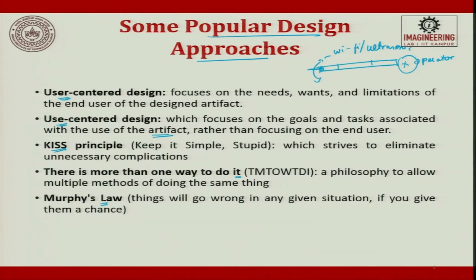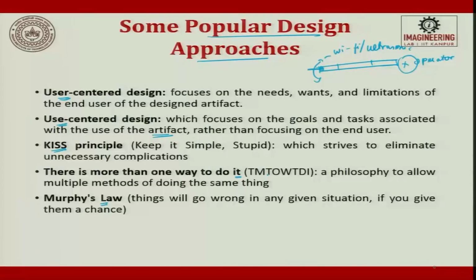The next one is there is more than one way to do it. Suppose you have already reached a solution and you think that this is the ultimate solution. Now, it is also required for you to look a little far away from the product, throw away all your passion and think, is there any other way of solving it? For example, in math, when you try to solve in the examination, there are several logics which you follow to go towards the answer. So, generally what we think is there is only a unique way of going towards the answer, not necessarily. So, that is what is told in this concept.